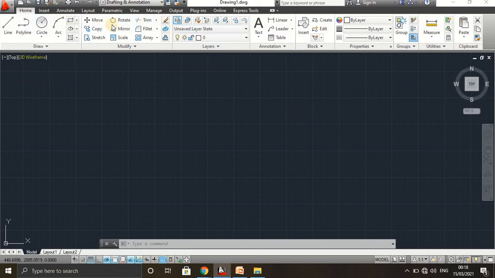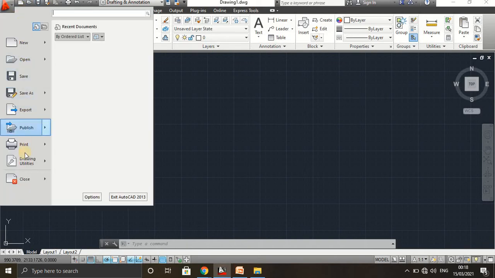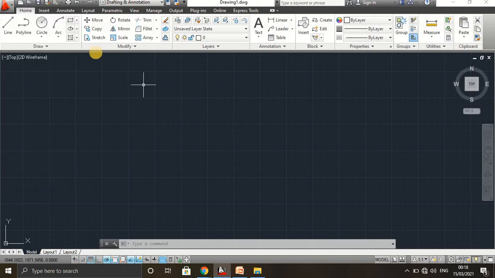Initially, we required to do some changes. So these are the different toolbars: draw commands and modify commands, quick access toolbars, that is new, open. Also we can use the quick access toolbar here also, and initially we require to change